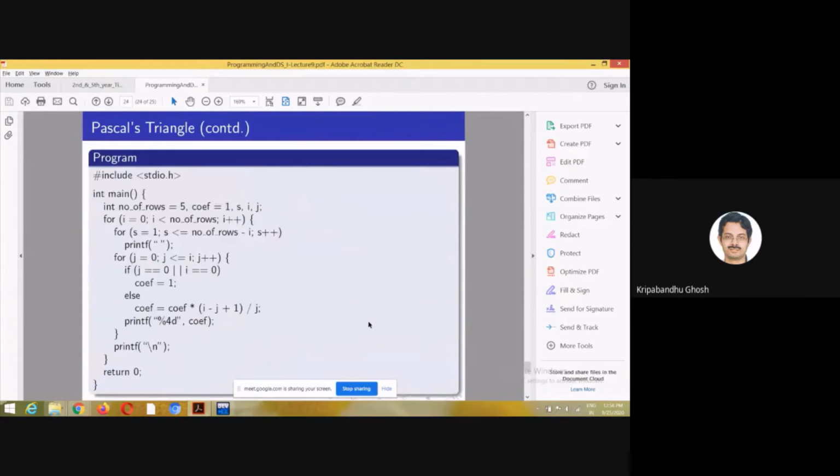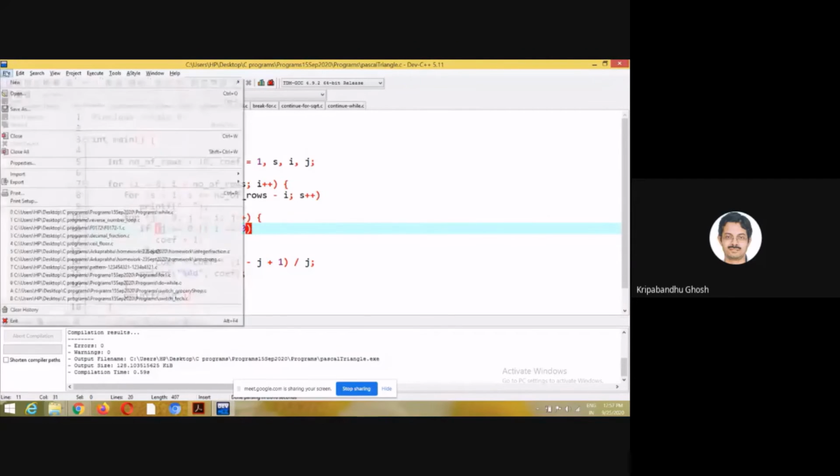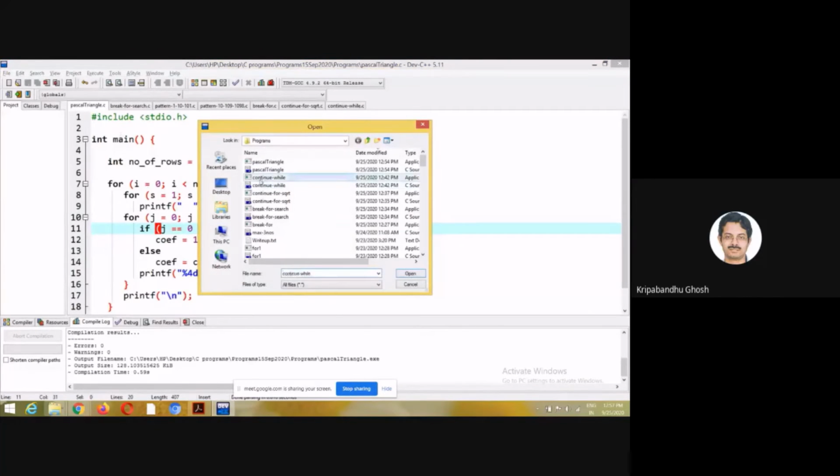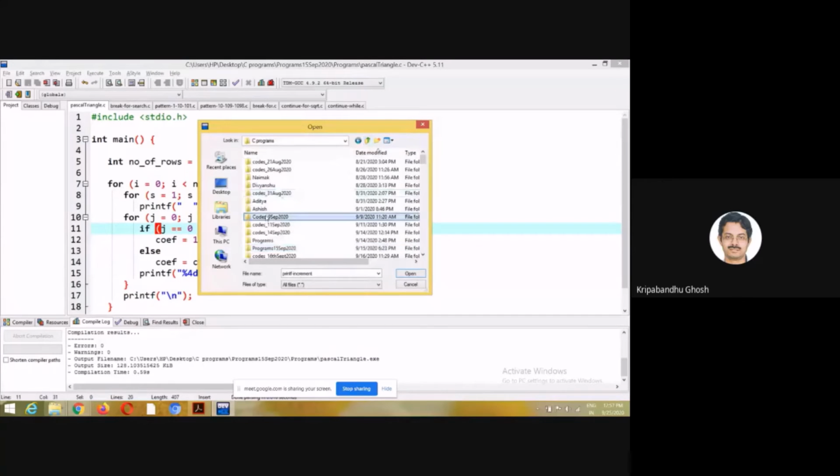So these are the programs which I planned to do today. I actually covered more. If you want to have a quick peek at another variation, okay, do I have this? No, I don't have, but I did that out of curiosity. Say Pascal's triangle.